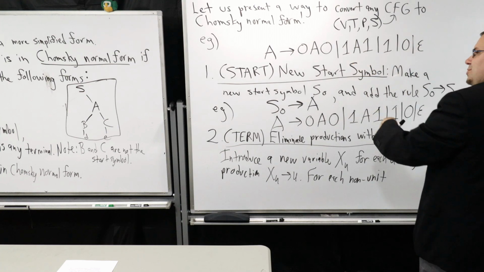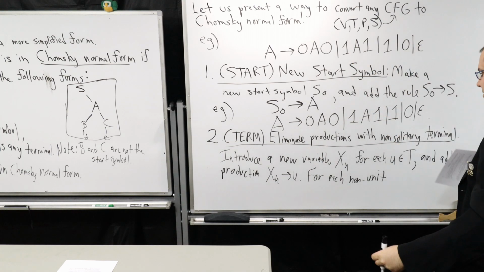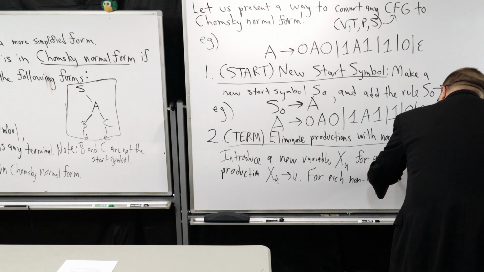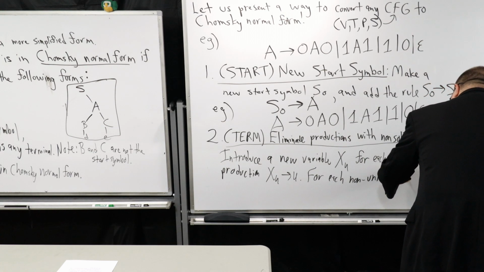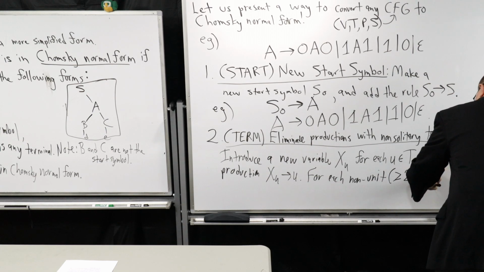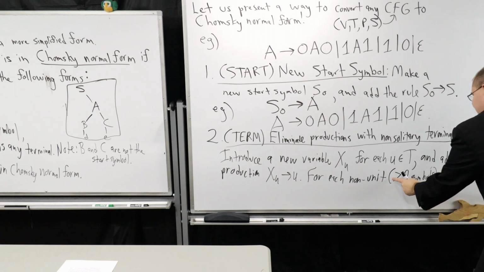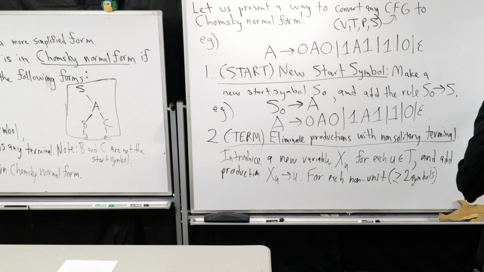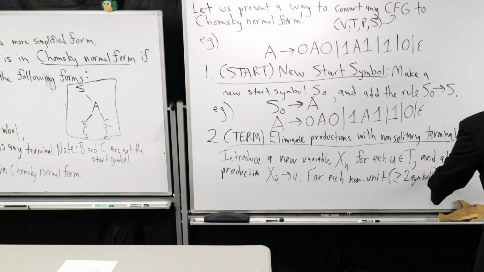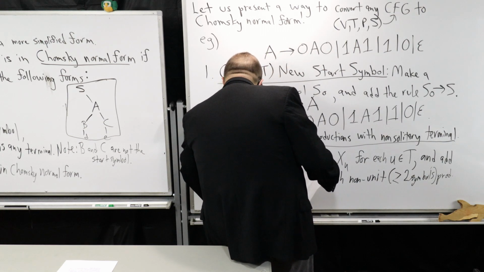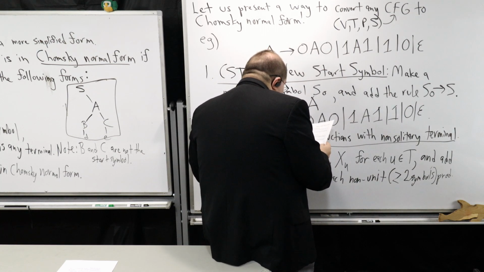If it has two symbols, it's non-unit. Just to be clear, it has at least two symbols. That's what non-unit means. For each non-unit production rule